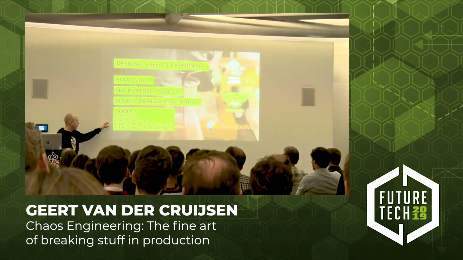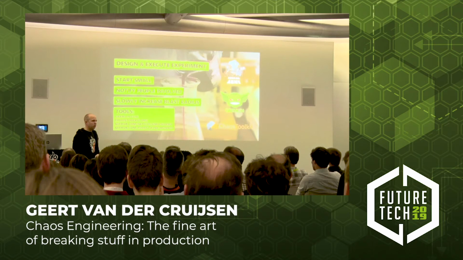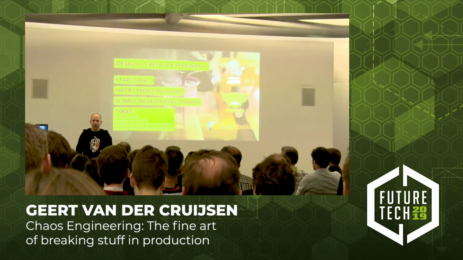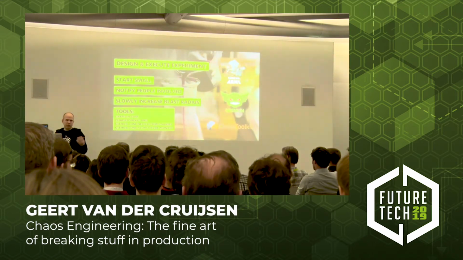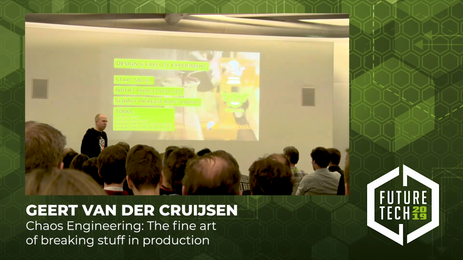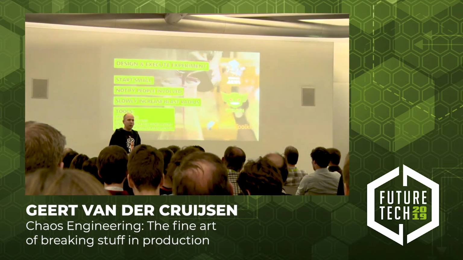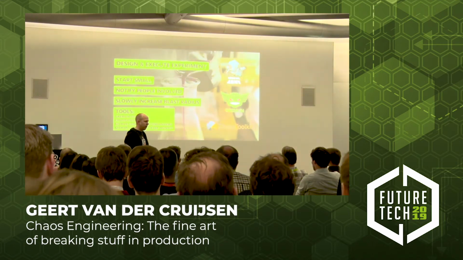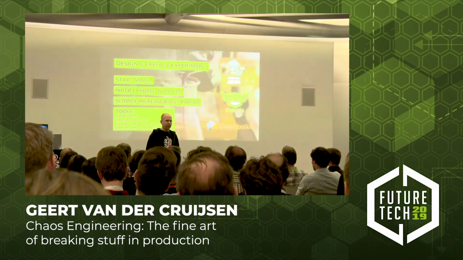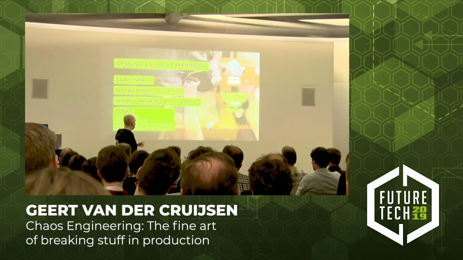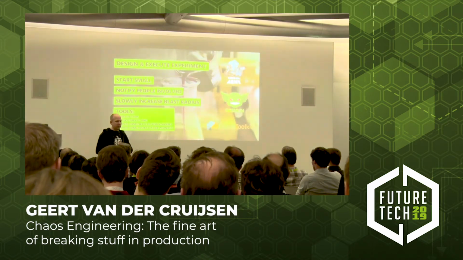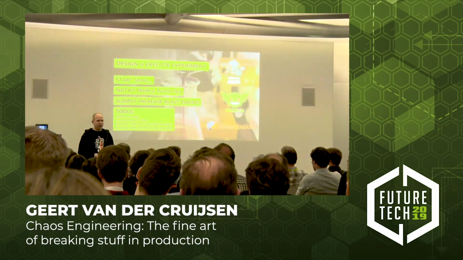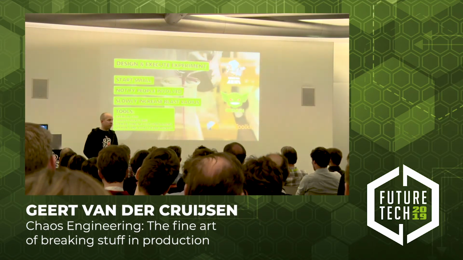Two other things to mention: the Simian army. Who of you heard about Chaos Monkey? That's probably the most famous chaos experiment tool out there. It's been there for years. What Chaos Monkey does is go into Amazon and kill random instances. And Netflix expanded on that, so next to Chaos Monkey they have Latency Monkey, and they have Chaos Gorilla, which kills full Amazon regions.